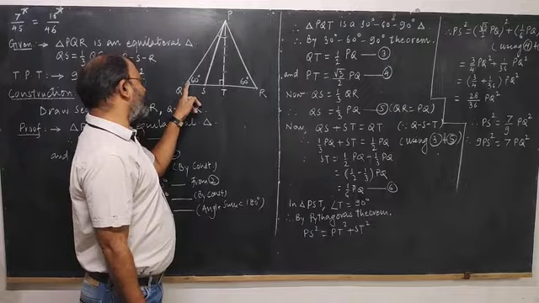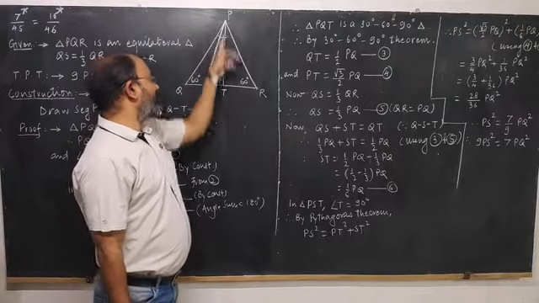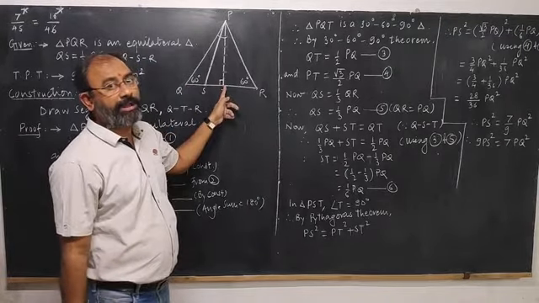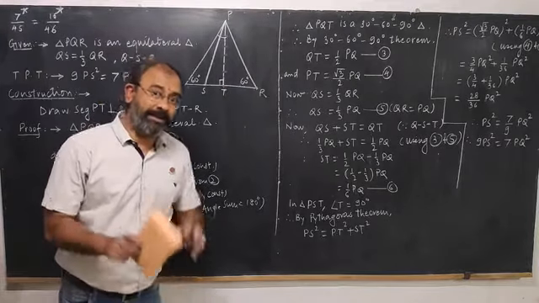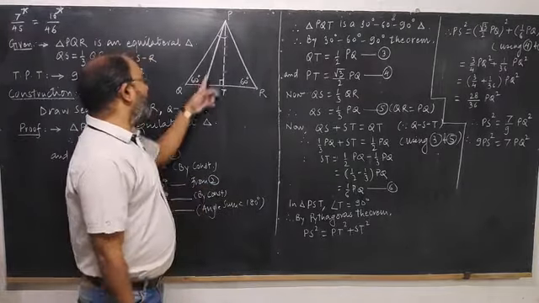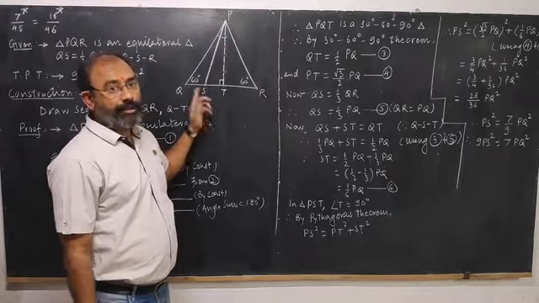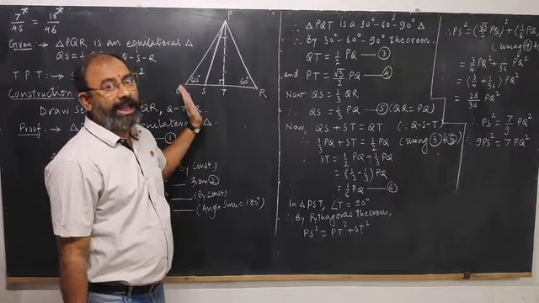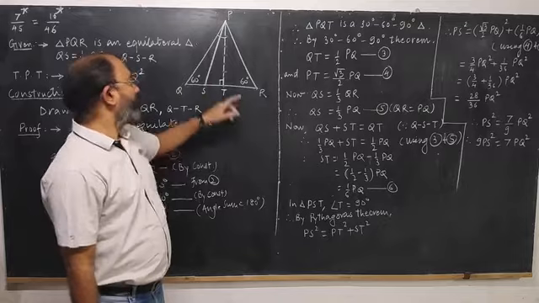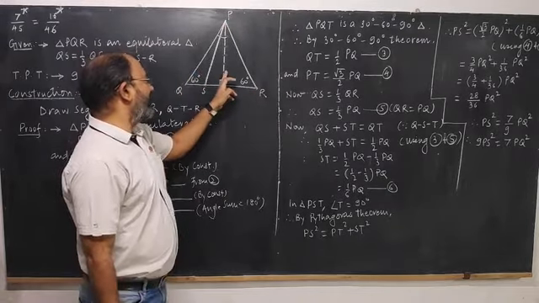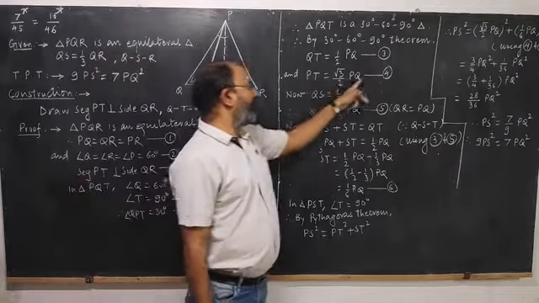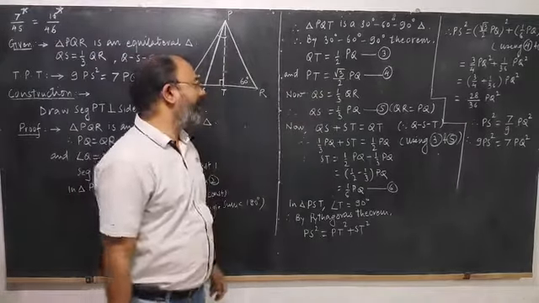The side opposite to 60 degrees is this segment PT, because we are talking about triangle PQT. So we have to apply the theorem in that triangle. Segment PS is not the side opposite to the 60 degree angle. So PT is opposite to 60 degrees, so PT is √3/2 times the hypotenuse PQ.